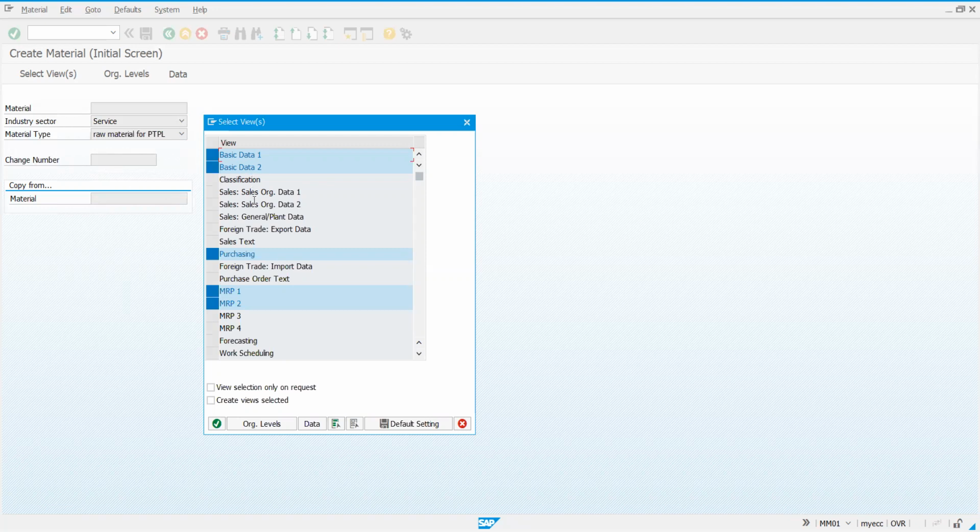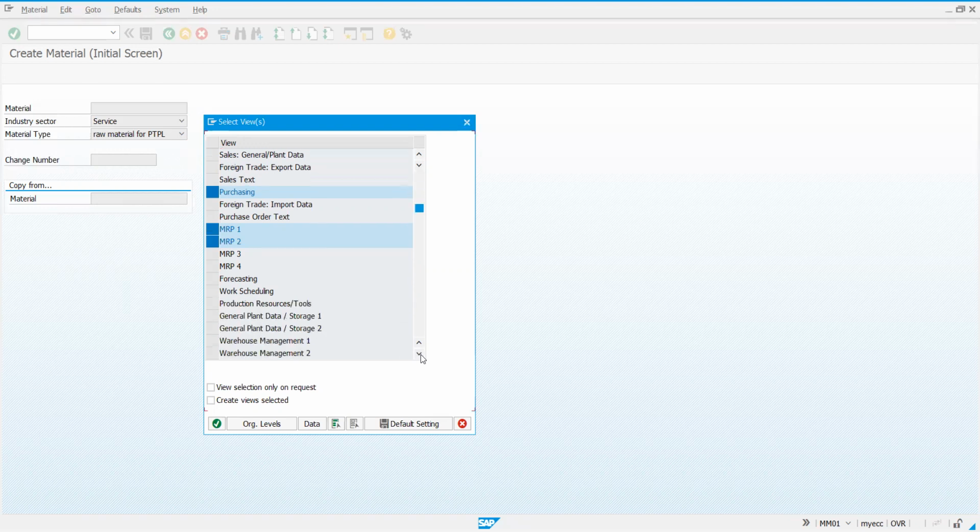So the sales related views, what you are seeing, sales organization, has to be maintained by SD part, sales organization details and general plant data, the shipping point, delivery date, delivery schedule, schedule lines, and so on. So that will be maintained by sales. As you are seeing this foreign trade, and even accounting data, etc. So that has to be maintained by finance people.